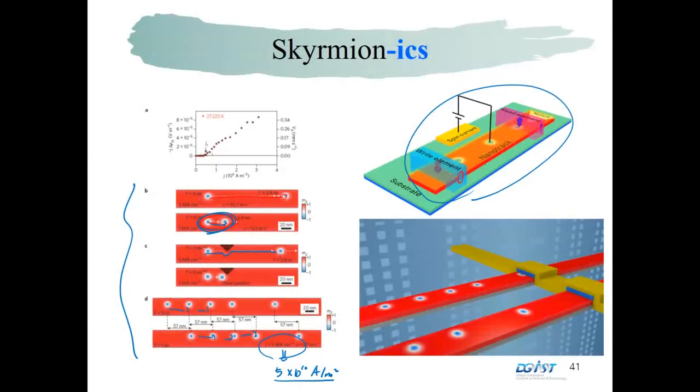So this is the brief introduction of the domain motion, and today I explained about the domain motion by the spin transfer torque and the spin orbit torque also. And actually there is much more complex physics behind the spin orbit torque and the domain motion by the spin orbit torque, but I don't want to give those details to the students. Okay, so